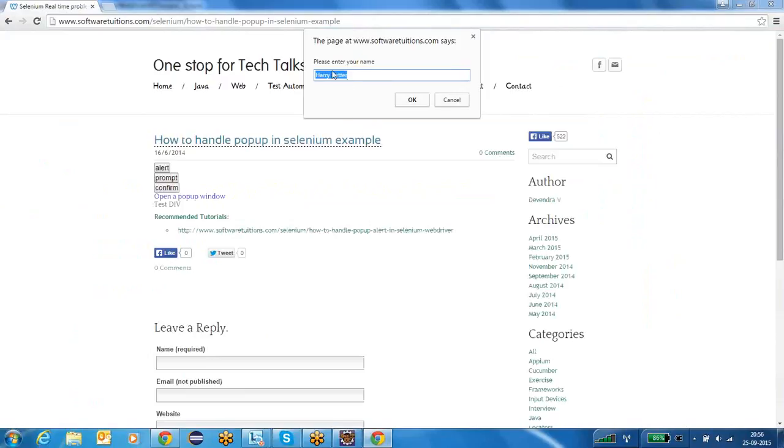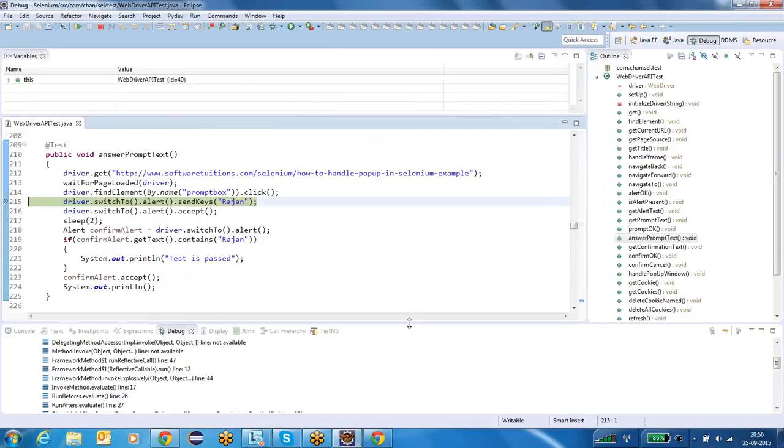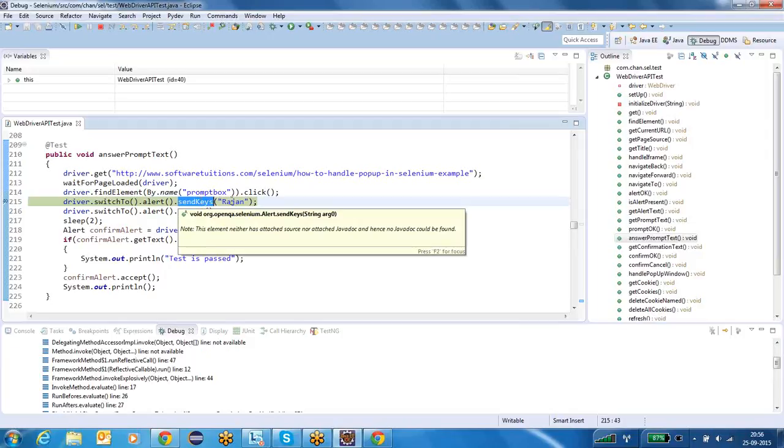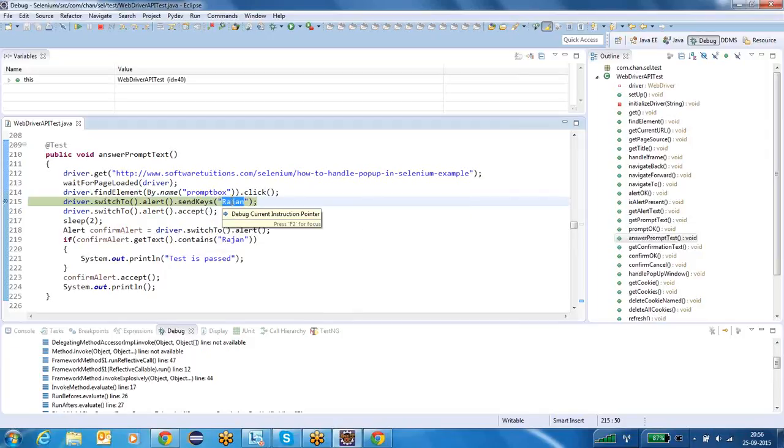To enter some text here, the command is to type something. We have the command sendKeys, right? On top of a web element we call sendKeys to type something into it. Like that, here also on top of alert there is the method called sendKeys, and if you give some name or some string, that will be entered there. If I call driver.switchTo().alert().sendKeys, then the text will be entered there.